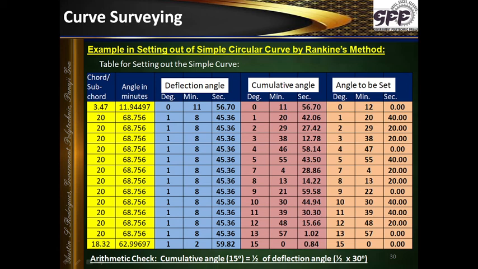Having got all these angles from delta 1 to delta 14 over here, we can easily mark the deltas, and at the same time, by taking the lengths and holding the ranging rods, we can easily get the points. We can define the points F, H, I, whatever, and then finally we can get the curve. That's the way we do the setting out of a simple curve by Rankine's method. Thank you.